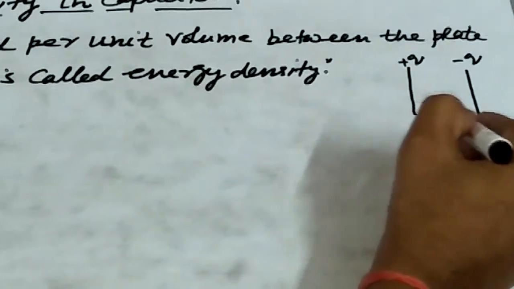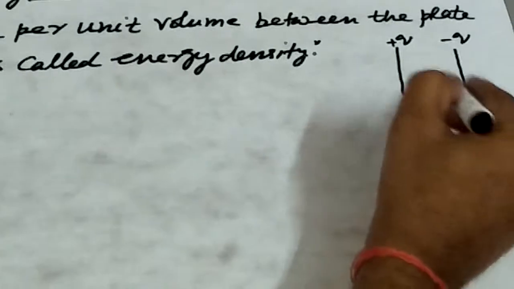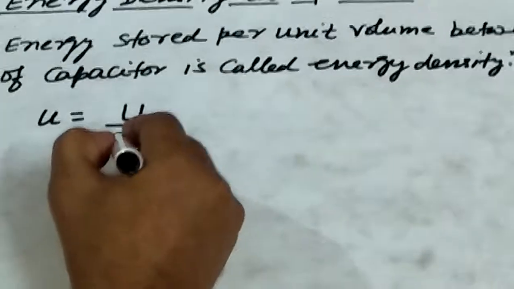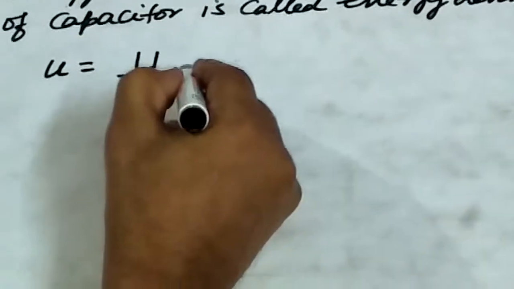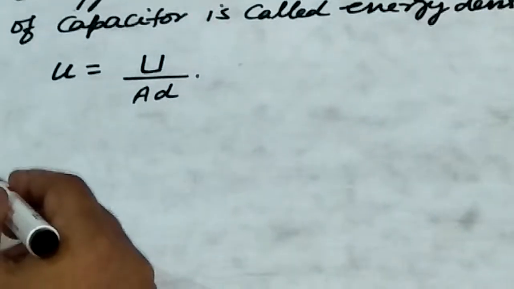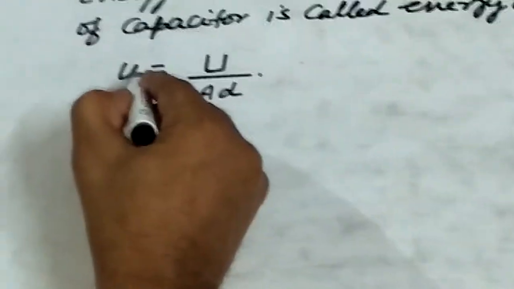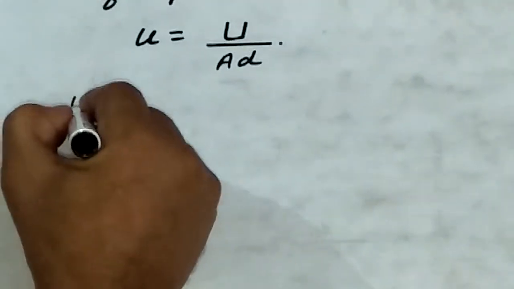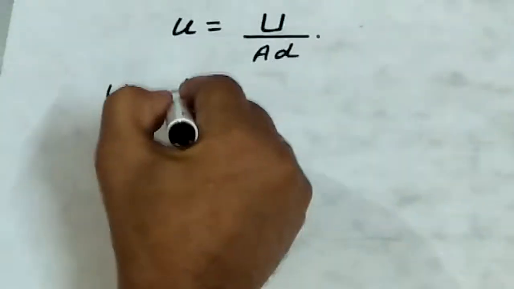Suppose the plate area is A and the separation between the plates is d, so the volume between the plates of the capacitor is A into d. So U upon Ad is the energy density, and you know U is equal to half CV square,